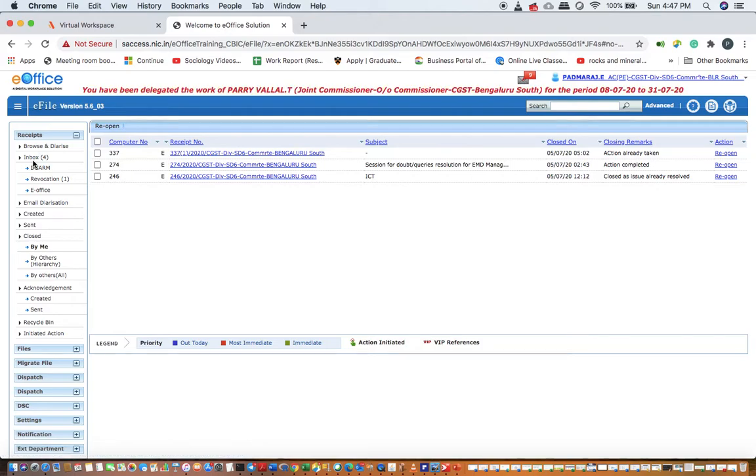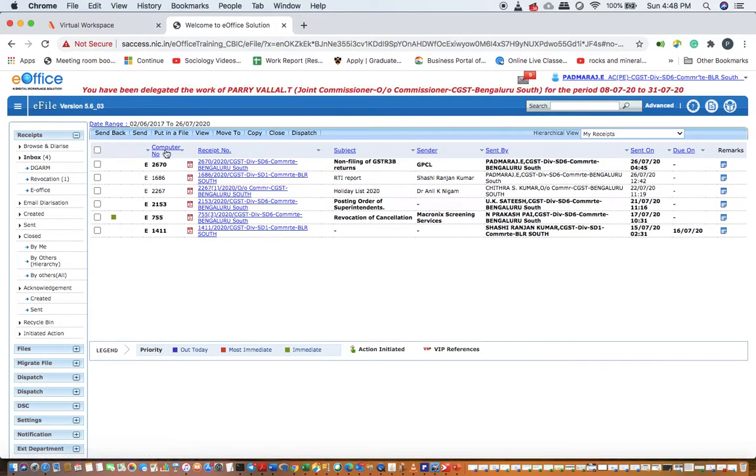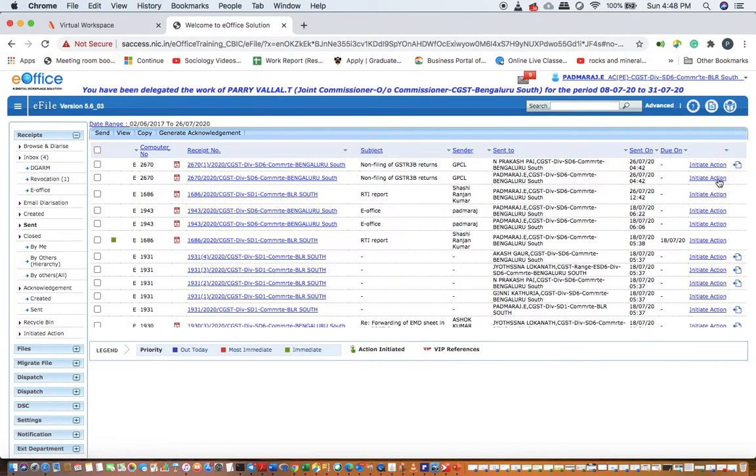Here, what has happened is I have done it from my login only, so I have actually seen this receipt. Because of that I could not pull it back, even though I had selected the pullback option here as a tapal person. It was marked to me only, so I could not pull it back.